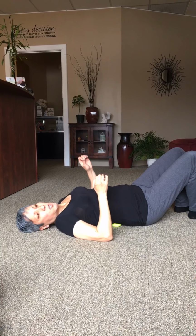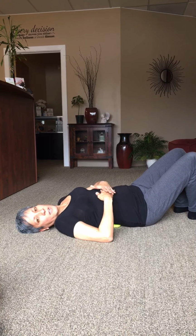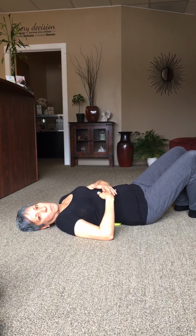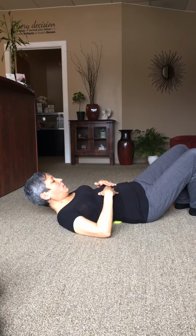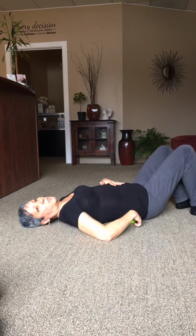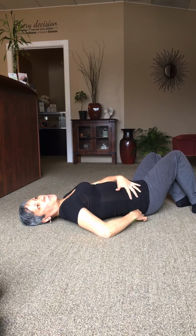In the meantime though, let's assume that you found a good spot. You want to just kind of stay on it. Allow the ball to do the work. You just rest onto the ball, and when it no longer feels tender or feels like it's a good spot, like it kind of went away, then you can take the ball and move it to a higher or lower spot. So just now I moved it more to